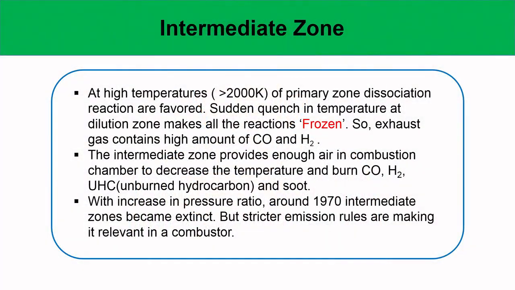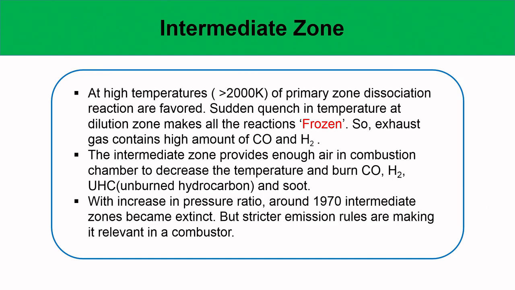And that is due to dissociation, and the sudden change in temperature at the dilution zone makes all the reactions frozen. Because there is some cooling air coming in, it immediately reduces the temperature, so the reaction zone gets frozen. So the exhaust gas contains a high amount of CO and H2,